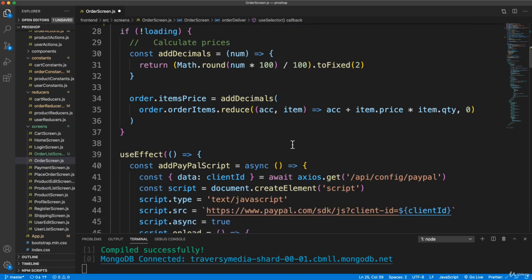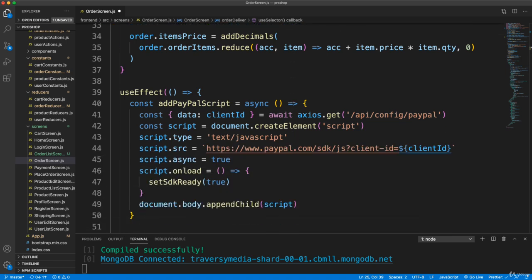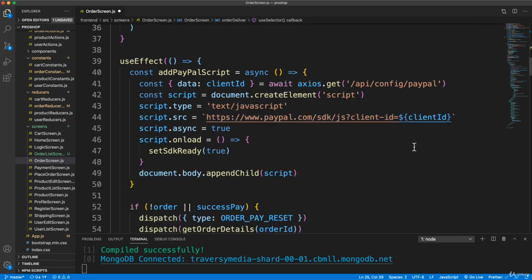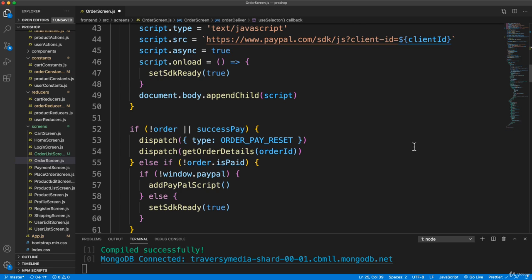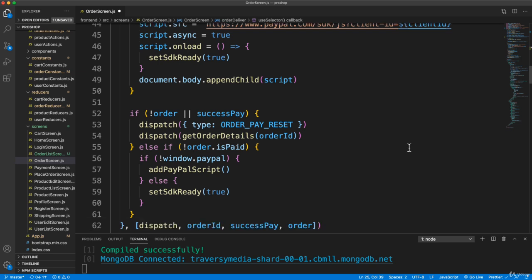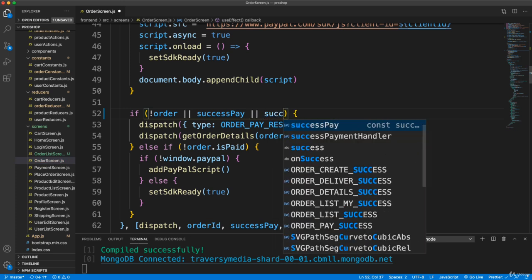Okay, now down here, this is where we're doing all our PayPal stuff. This file is pretty big, and it's even confusing me a little bit. So if it's delivered, we're going to want to pass in here. So if there's no order, or it's already paid, or it's delivered, or success